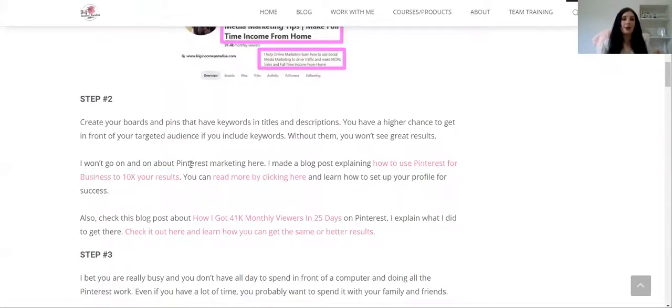And then what they are going to get out of it is they're going to learn how to 10x their results. So you see, the formula is I made a blog post, so you tell them it's yours, and they know where they're gonna land, on which page, on which blog. And then you tell them what they're gonna learn more about. So Pinterest, and their results are gonna be 10x your results, right? Or you're gonna lose 10 kilograms in a second. Let's go overboard. No, 10 kilograms in a second, that can't happen. So you have to tell them what their results are going to be